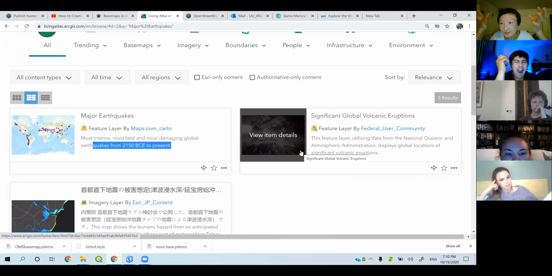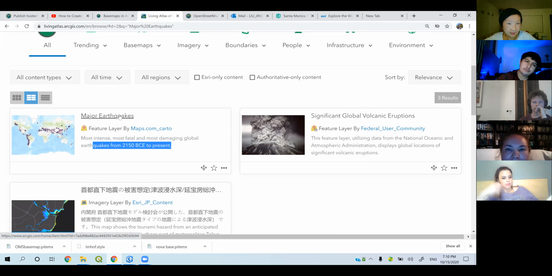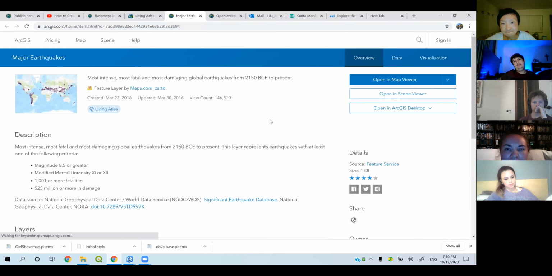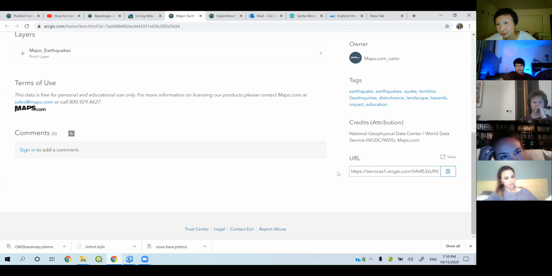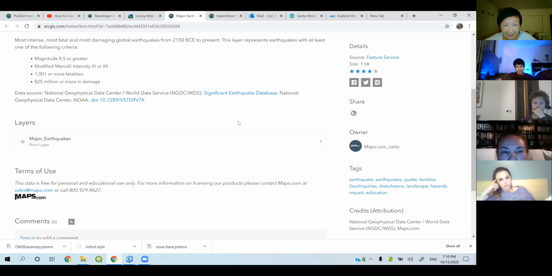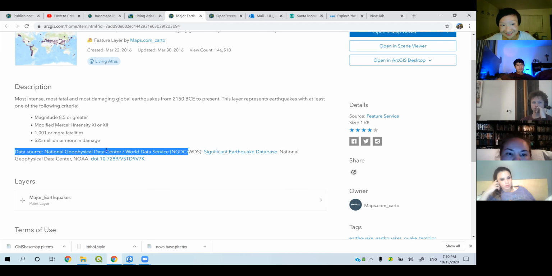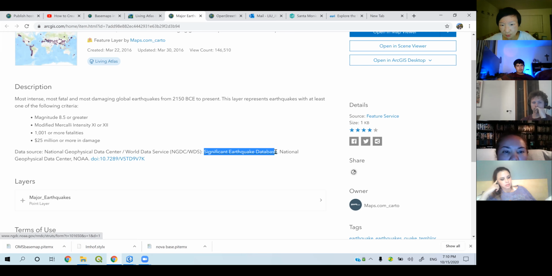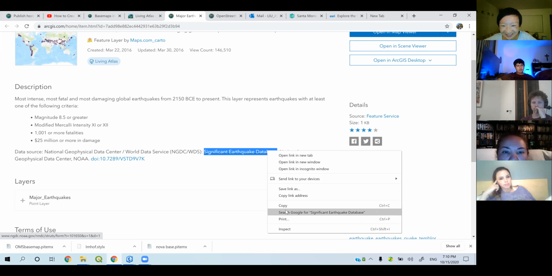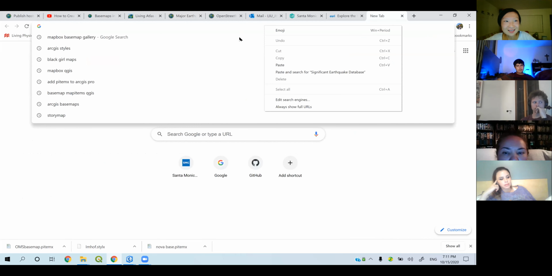So I always start with ArcGIS Pro, and I click on the link. I can go to the resource here. If you use ArcGIS Pro or QGIS, you can just bring that in. But if you want to download a copy of this data, you can go here, to the data source. You need to dig in a little bit more. Here, National Geographic Data Center. You can just copy this link, or go to this Significant Earthquake geodatabase. I think this link is broken when I explored, but you can copy it and paste it here to ask